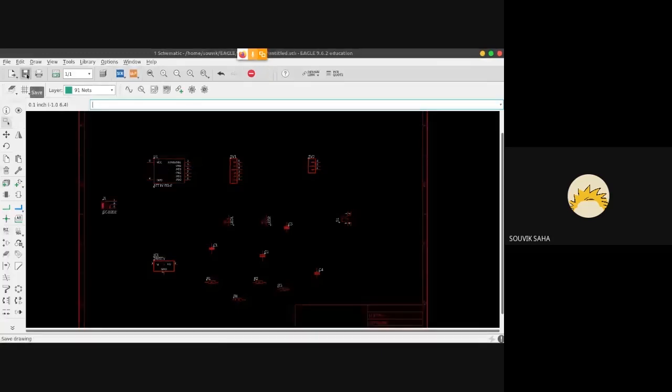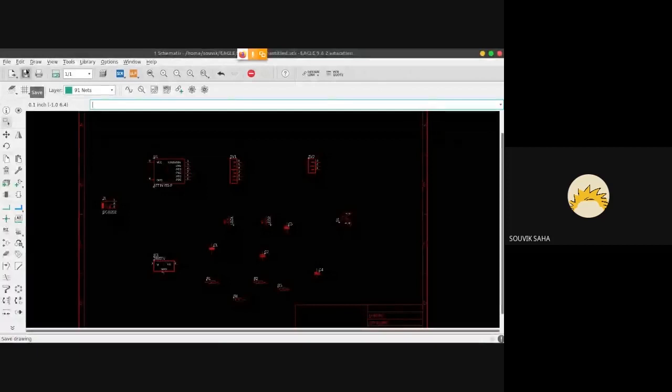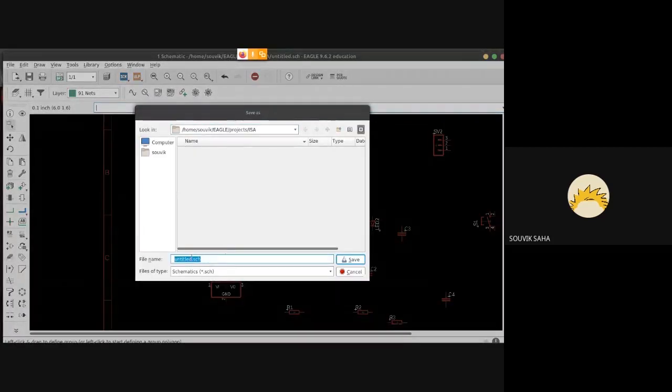First of all, I forgot one important step. Actually, the most important step of using Eagle. You have to constantly remember to save your work, because if you forget and your laptop crashes or for whatever reason your work gets damaged, it's always good to save your work. So I want everyone to go click on the save button and save the schematic with any name you want.